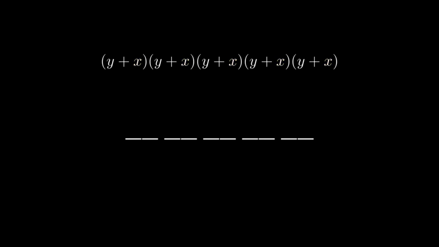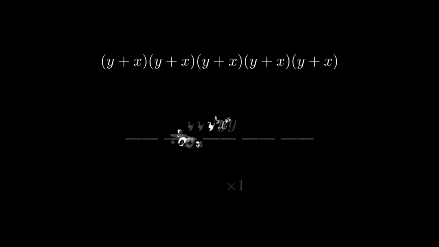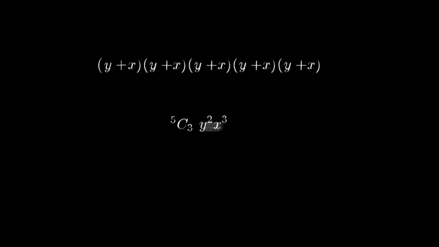From 5 brackets containing an x, we see that 5 x's could occupy the first space, 4 can occupy the second, and 3 the third, so 5 factorial over (5 minus 3) factorial possibilities so far. But since all the x's are the same, we've overcounted by 3 factorial, the number of ways that we can arrange 3 items. Once the x's have been sorted out, the y's fill in the other spaces automatically and in only one possible way, so we multiply again by that one possibility. This means we'll end up with 5 choose 3 multiples of x cubed y squared, a fact which generalizes to